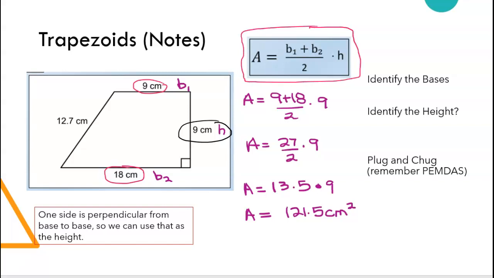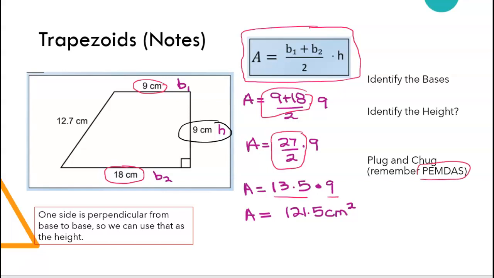So we have the area equals 9 plus 18 divided by 2 times 9. We can do this math. 9 plus 18 is 27. Then we can do this math. 27 divided by 2 gives us 13.5. Now we can multiply that times 9. Now there's 1, 2, 3, 4 steps here. We plug and chug. And we have to remember